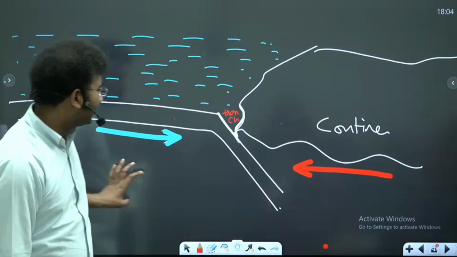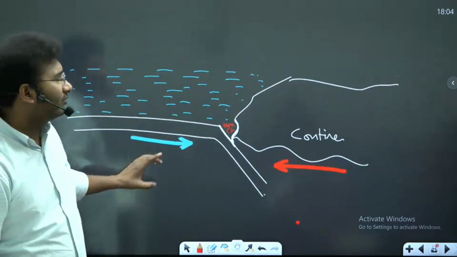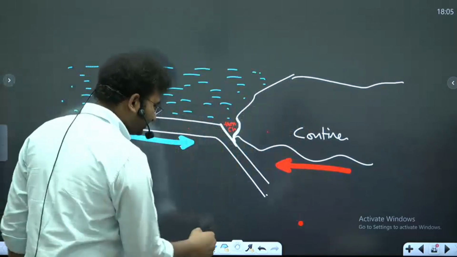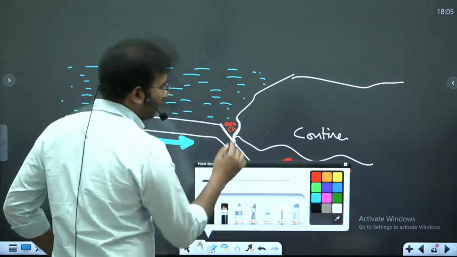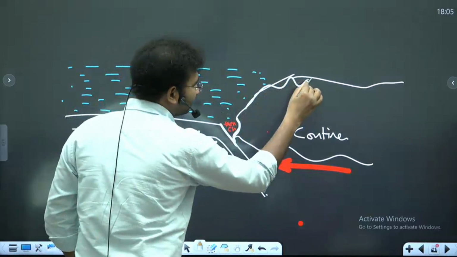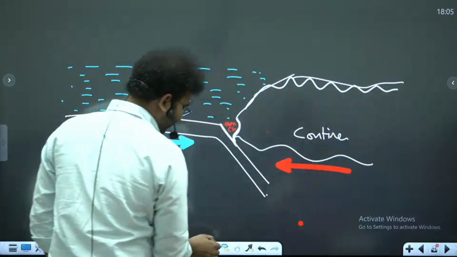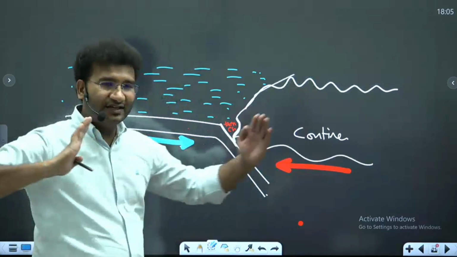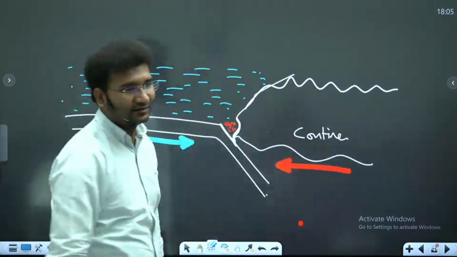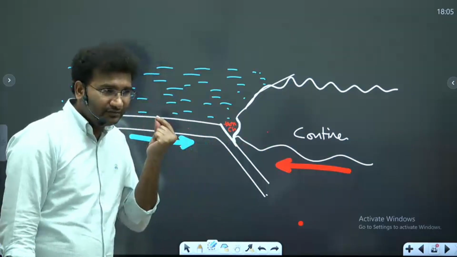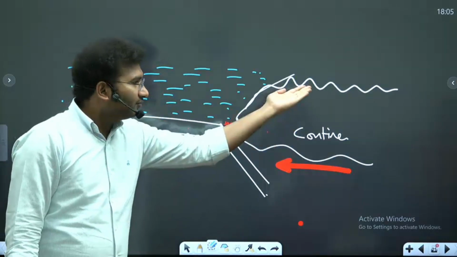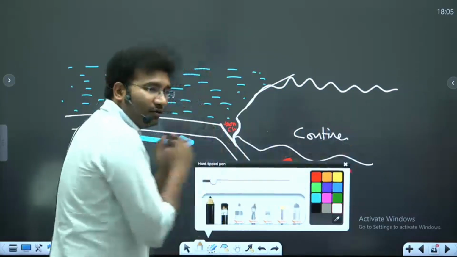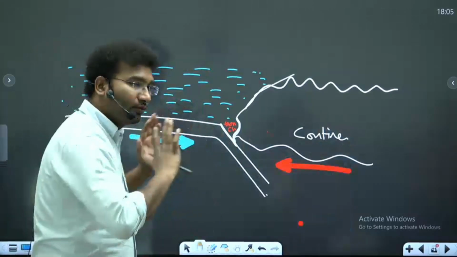Right? Who is stronger? Ocean is stronger. And the continent, when it is getting pushed, the continent's crust gets crumbled. Instead of this shape, what happens is that your continent will start to get folded like this. Why is it getting folded? Because it is getting pushed from the other side. Right? Because of that, these fold mountains will form. One folding happened. Again, if I fold more, or if I am pushing more,